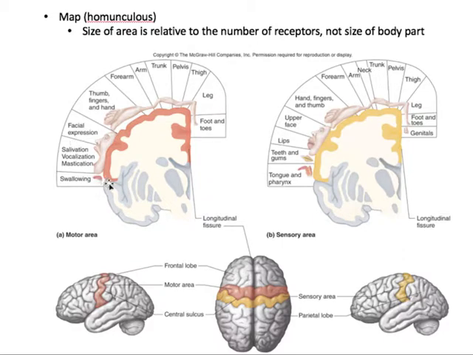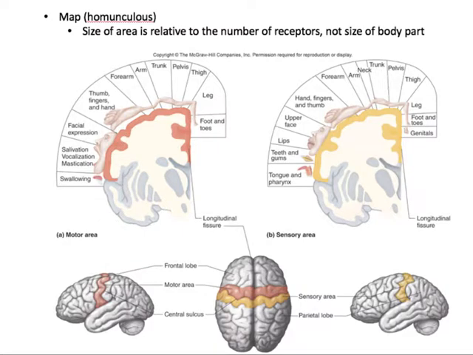And what it is, if you're looking at one hemisphere of the brain, for one side of the body on the motor side, these are the areas that are going to be sending out the motor plan to various parts of your body. So for example, if you want to move your hand, you would be sending out motor plan from this part of the brain, which would correspond to, I don't know, if this is the longitudinal fissure, maybe here.